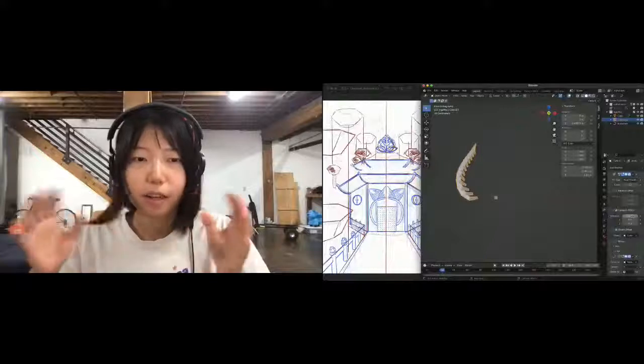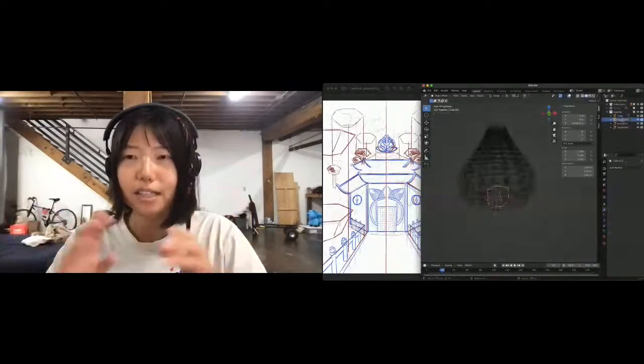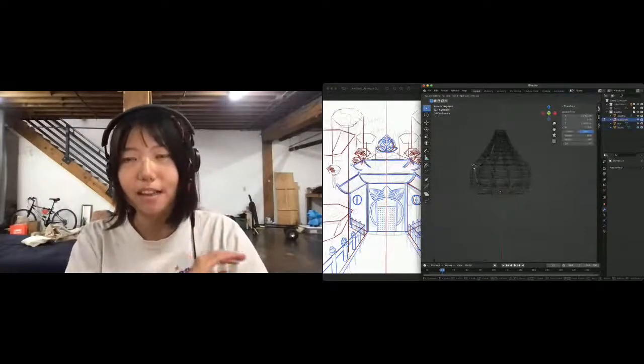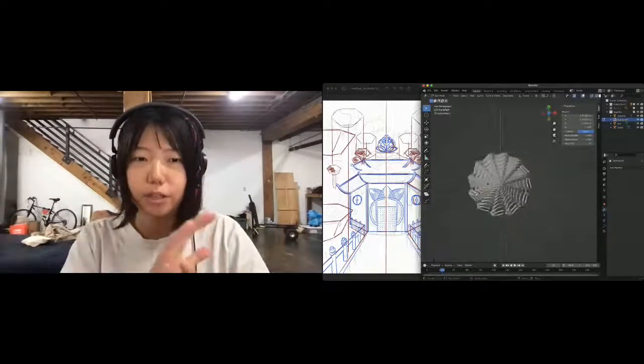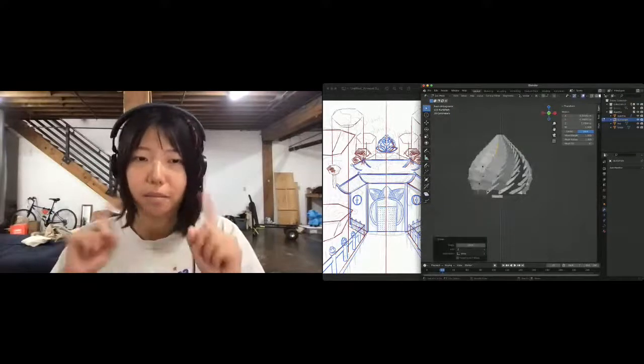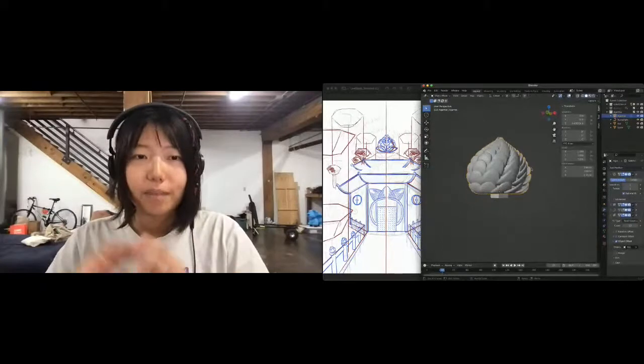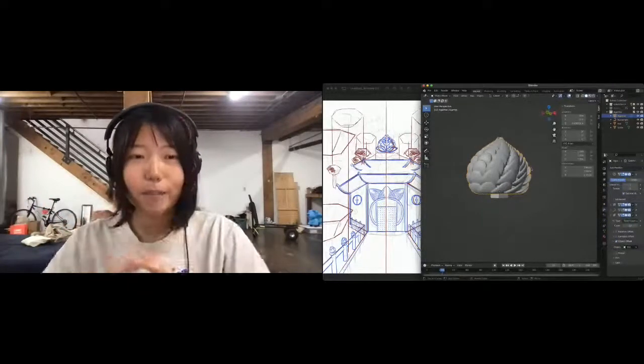So actually the whole recorded process took 5 hours, but it's a lot more than 5 hours because in between there are breaks, and there are also redos, and there's also the thinking process on what needs to be added and what needs to be removed. So as of right now, what's shown in the video is the creation of this pine cone, which is the